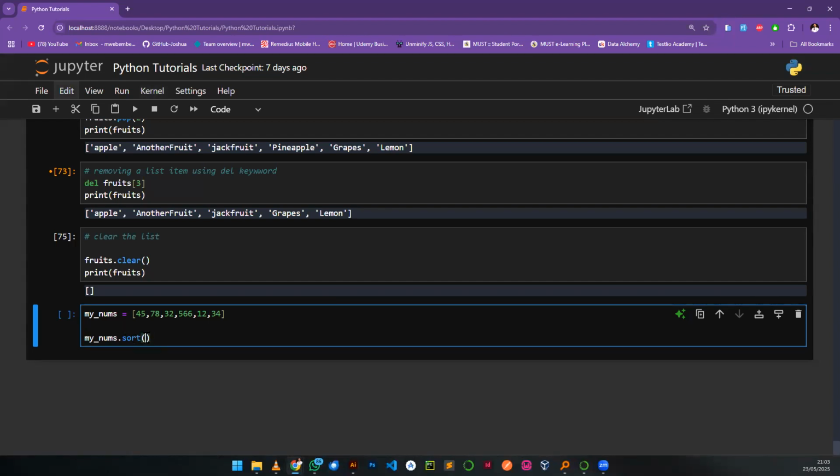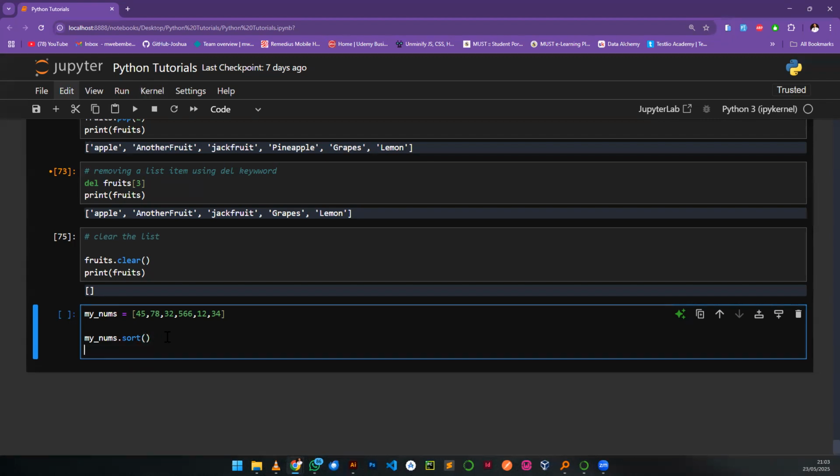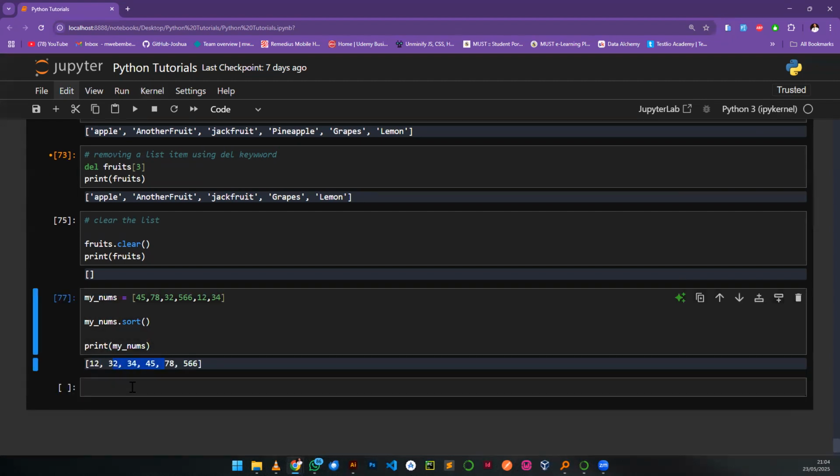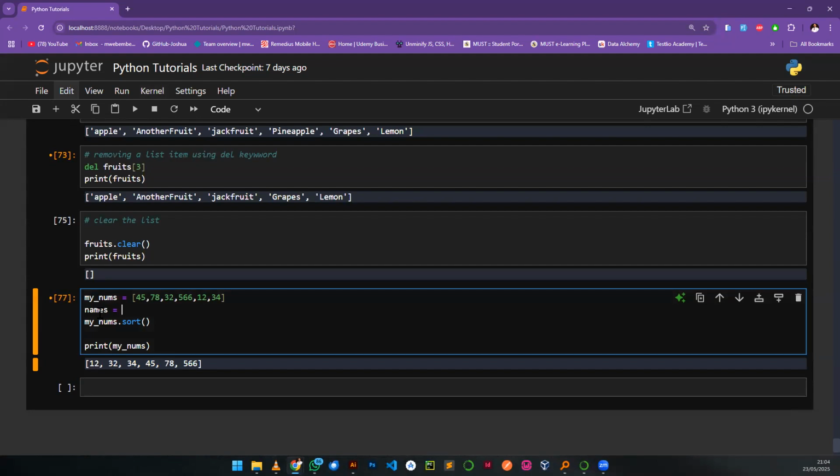I'm just trying to show you that I can't show you all the methods, but we can go to W3Schools. So I'm going to print my lamps, and you see that it sorts in ascending order. And if we had items like names, I say Kate, I say June,